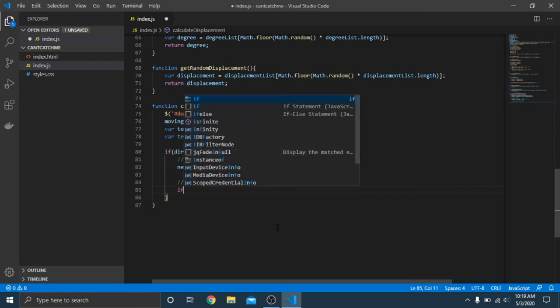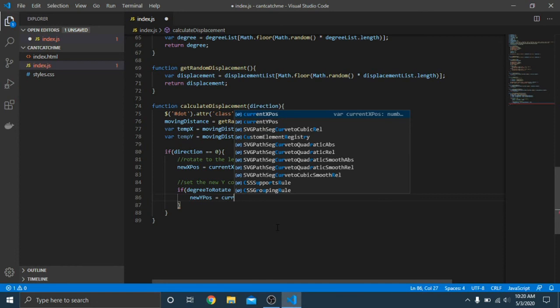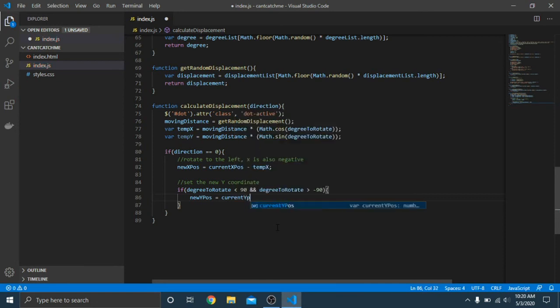Now I want to just do if degree to rotate is less than 90 and degree to rotate is greater than negative 90. And I simply want to do, that just means that it's either up or down. I want to say new y position is equal to current y position minus temp y if we're going up. Reason why is because